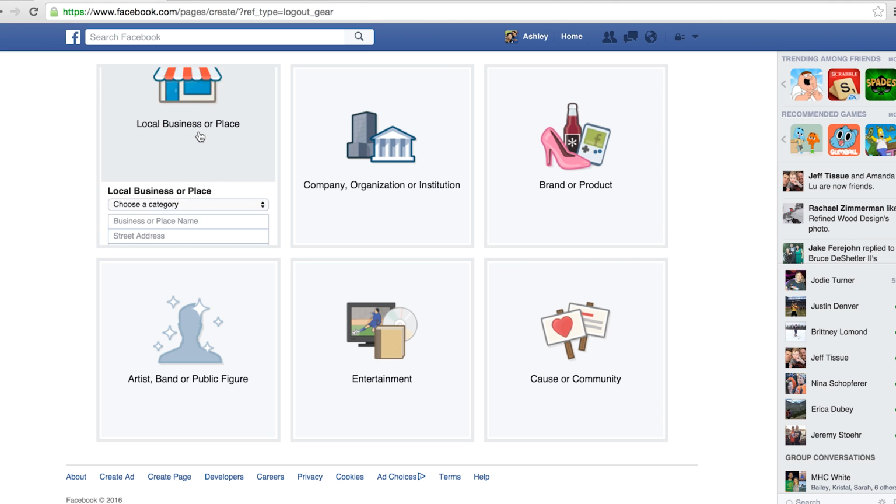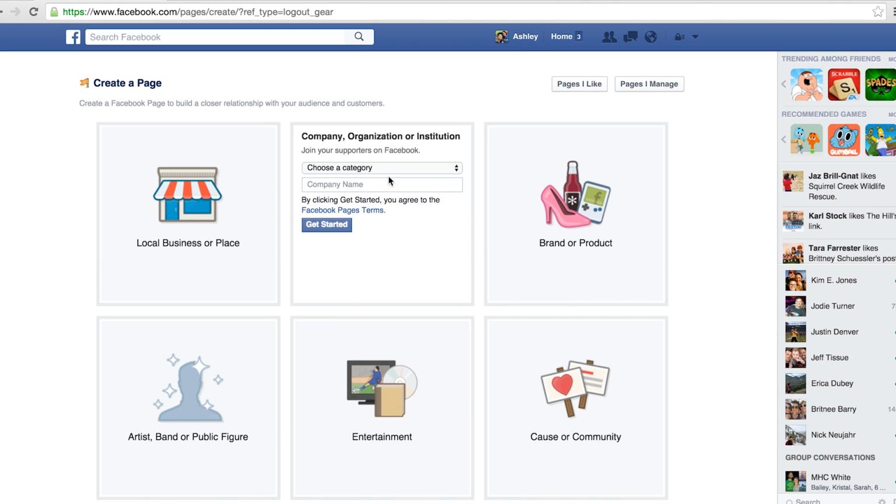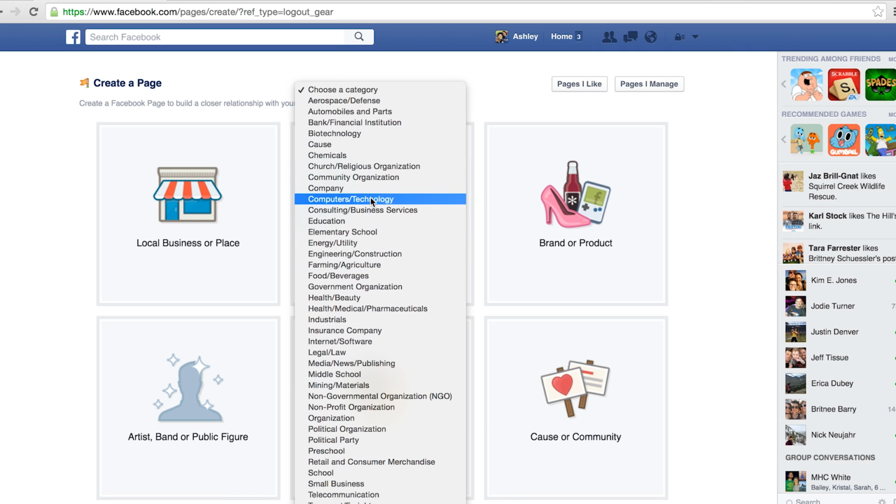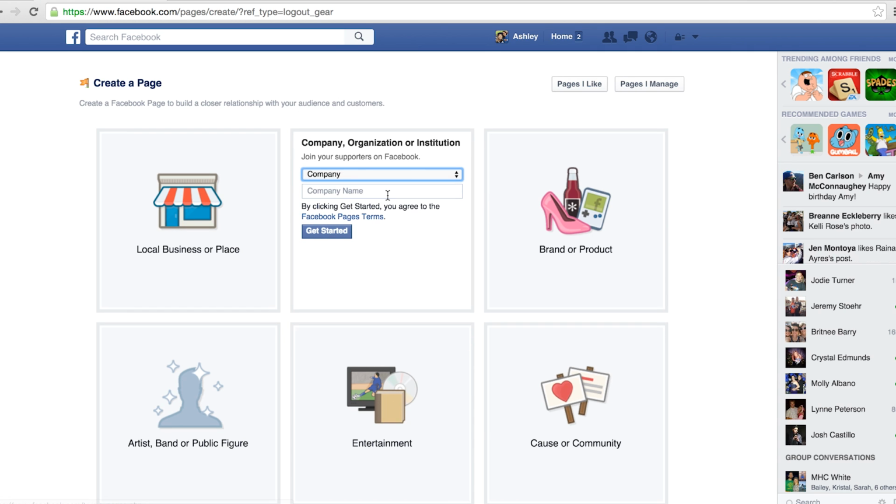You can either go with local business or place, or list it as a company. Either way works. For this example, we'll go ahead and list as a company. Now don't worry, this will be changed later by adding subcategories. Once you've entered company, go ahead and create the company name as your name and ski or snowboard instructor, and